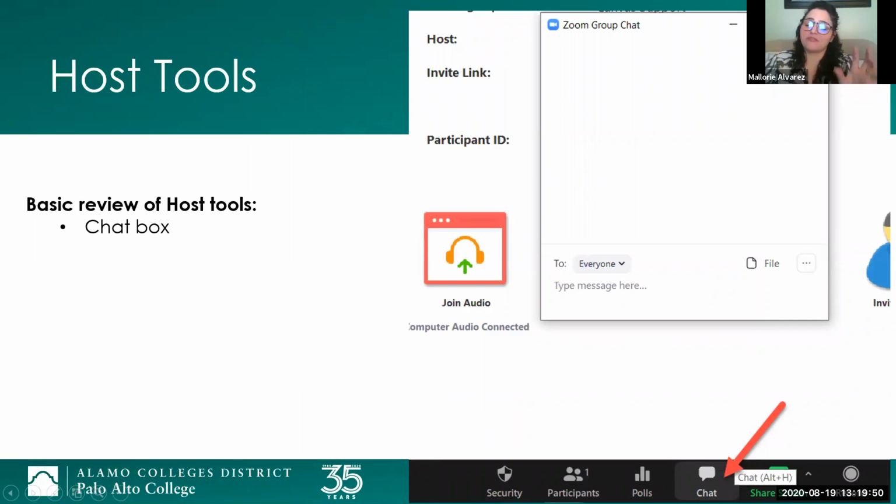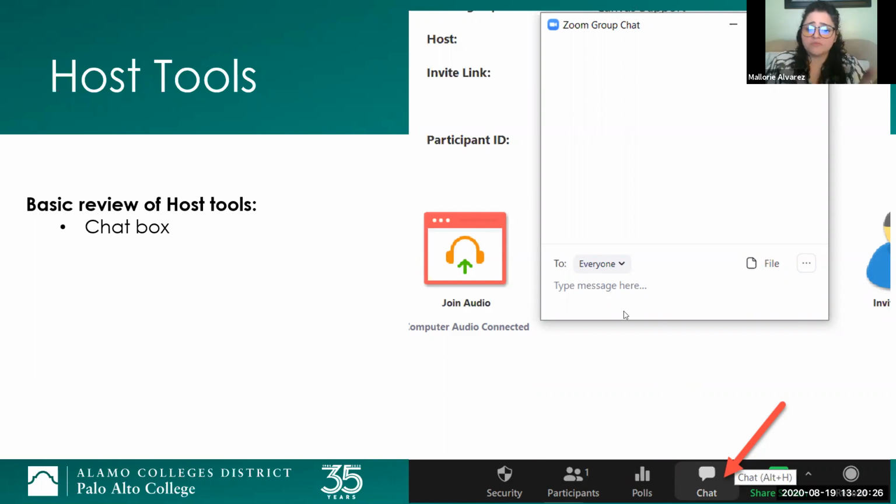The next icon I'm going to focus on is the chat box. It kind of looks like a little bubble. Some of you have already accessed it when you downloaded the PDF, or if you sent a question to me or Amanda. When you click on this chat box, it allows you to see everyone who is participating. You have a section to type, and it also gives you the option to attach a file. So very similar to an email.